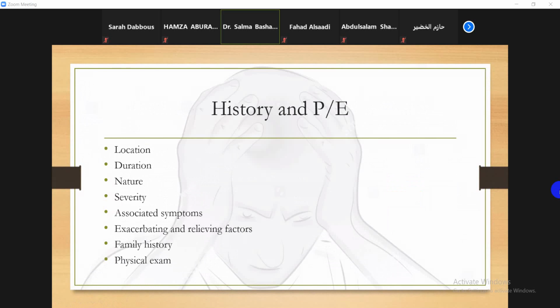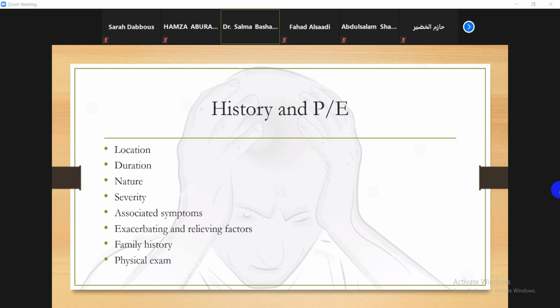So the differentiation between the primary and secondary causes of headache is very critical. It dictates the diagnostic approach and guides the treatment and the prognosis. So it's very important to take a detailed, thorough history. In most cases, you will find the answer in the history. So we ask about the location where the pain is, the duration, how long it lasts, the nature of the pain, whether it's throbbing or pressing or tightening in nature. We ask about the severity of the headache, whether mild, moderate, or severe. If there is any associated